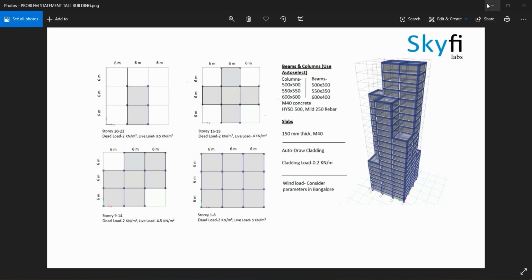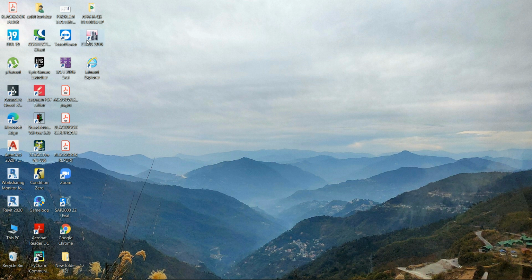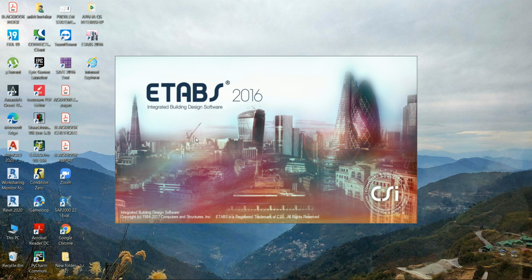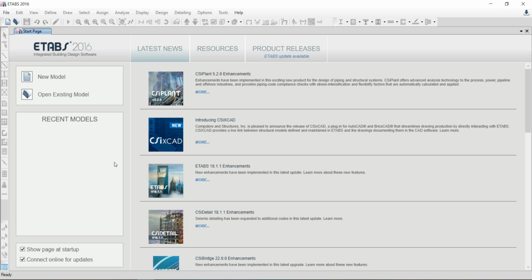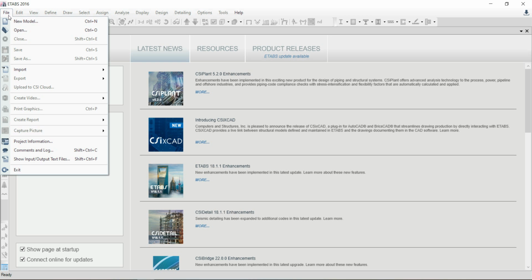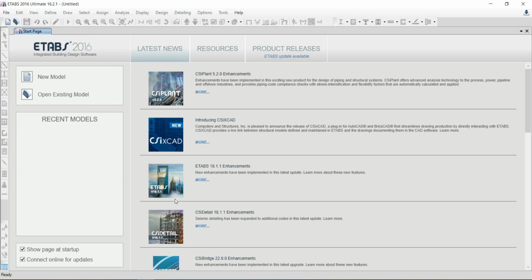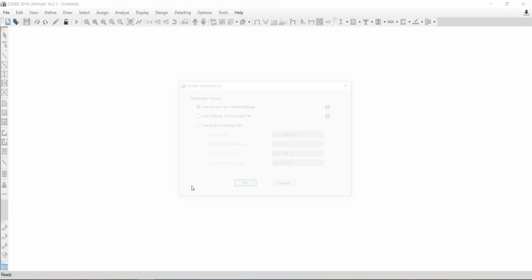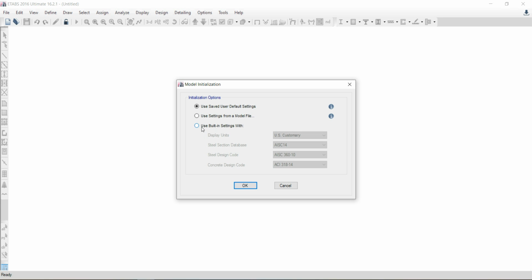Open the ETABS software. Go to File and click on New Model. We will be using the Use Built-in Settings With option. Select this.